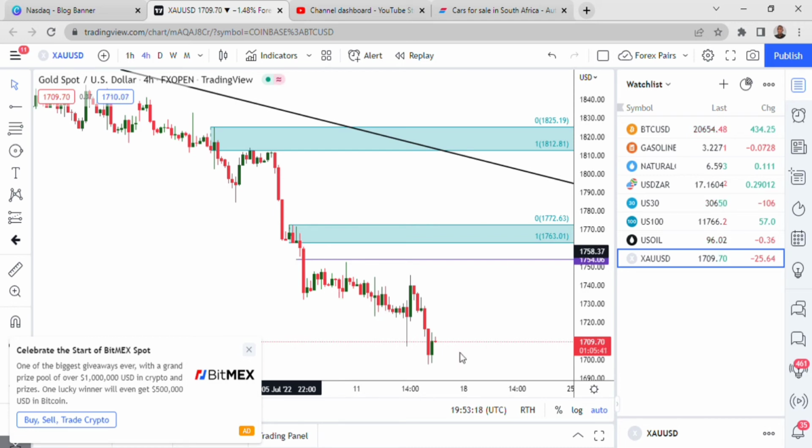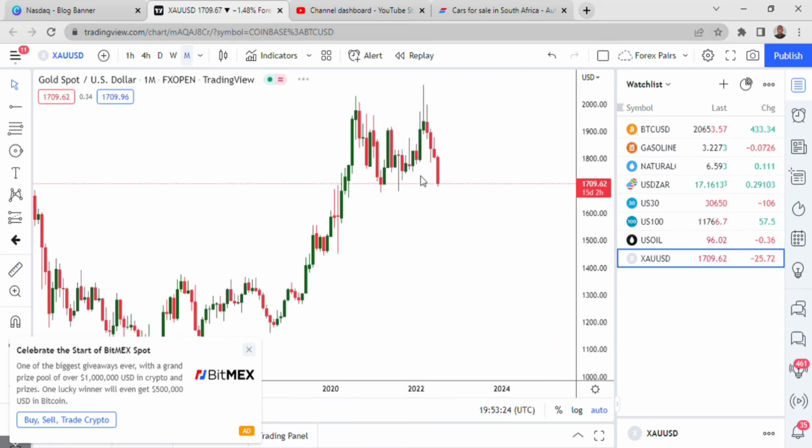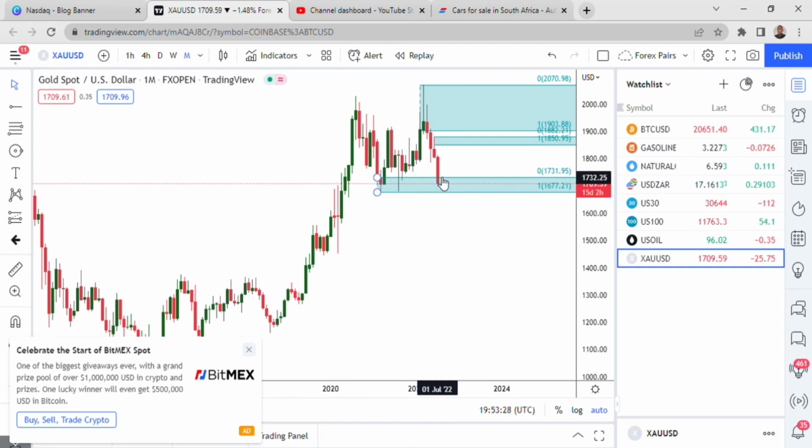So now let's say, where to from here? Remember, on monthly, what do we have? We have the price inside the monthly area of support, which means maybe we can get a pullback. This one, I think it was drawn on daily, so we don't want it this side. So on monthly, we can say we are expecting a pullback. Why? Because the price is inside the area of support and has gained control. The area of support on what? On your monthly. So we can expect the price maybe to pull back in the opposite direction, right?